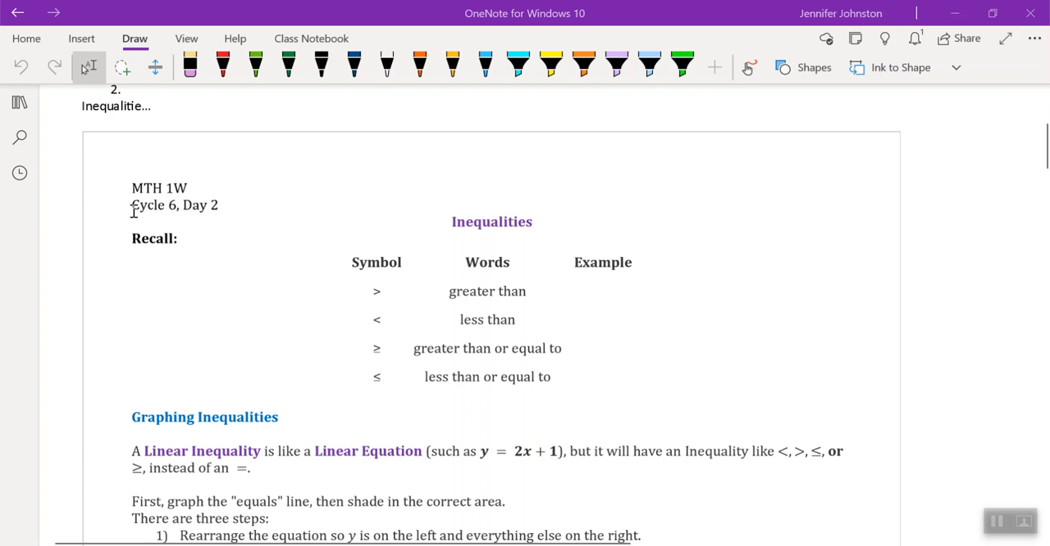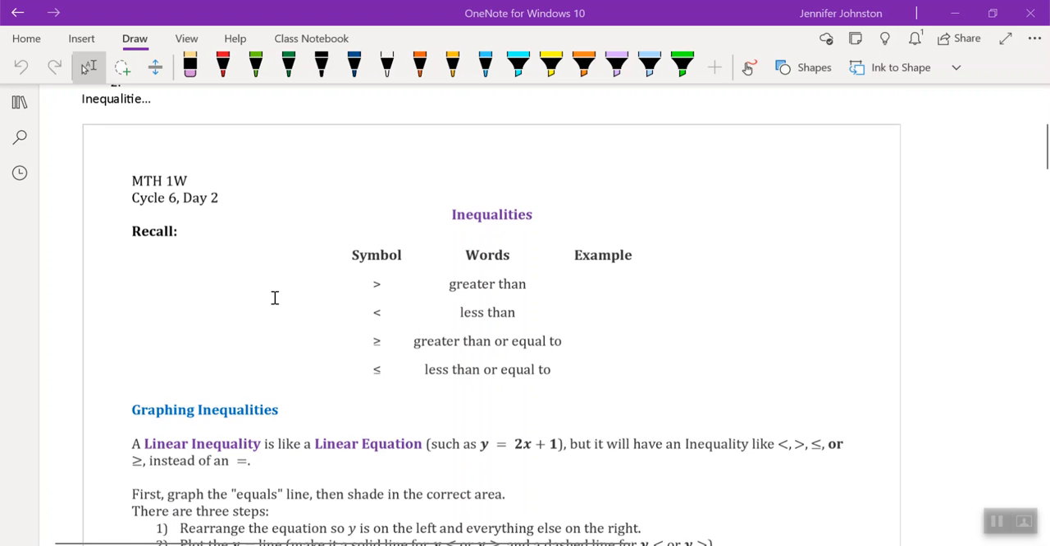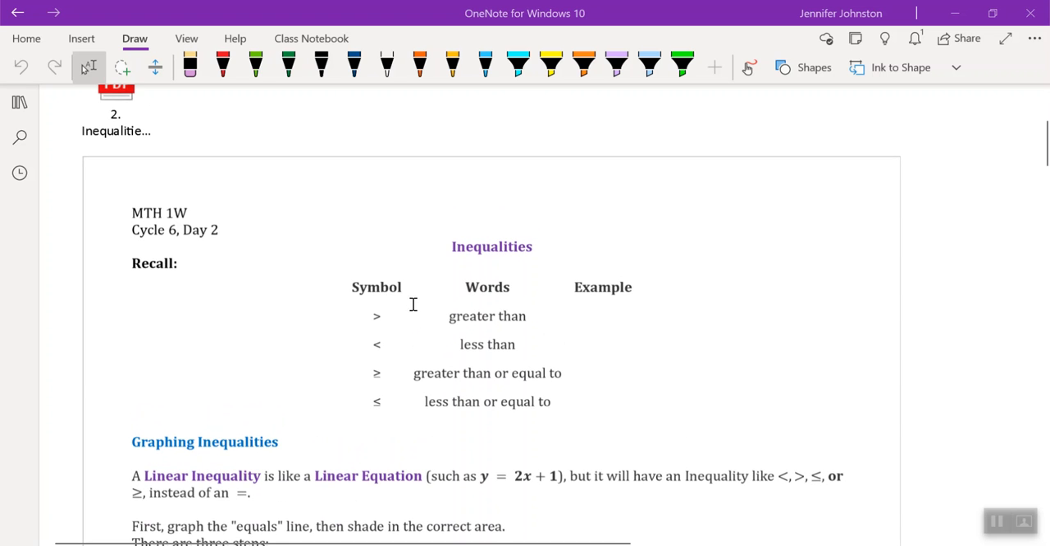All right, so we're going to start off with our cycle 6, day 2, inequalities. Go ahead and grab a pencil, something to write with, and your cycle 6, day 2. If you don't have the booklet, then please grab a piece of paper and write down some of these important notes. So recall a symbol, if your symbol looks something like this, where the alligator mouth is opened to the